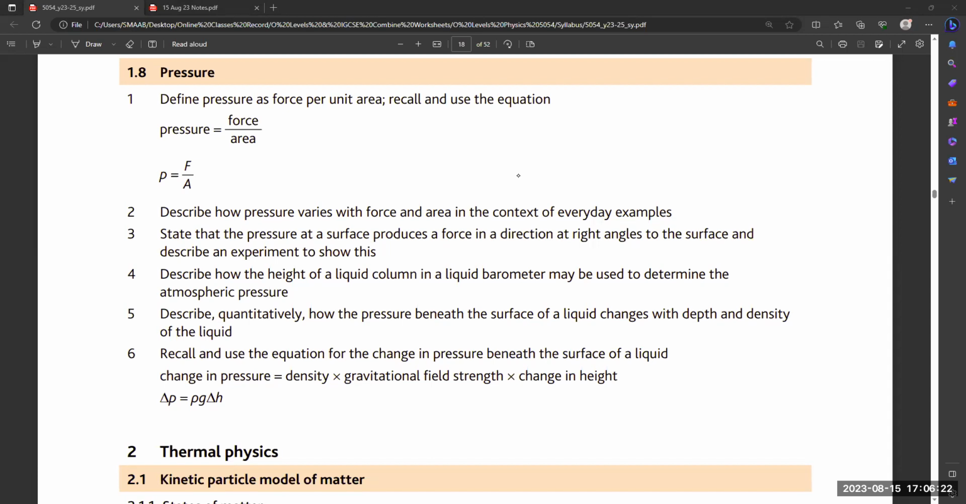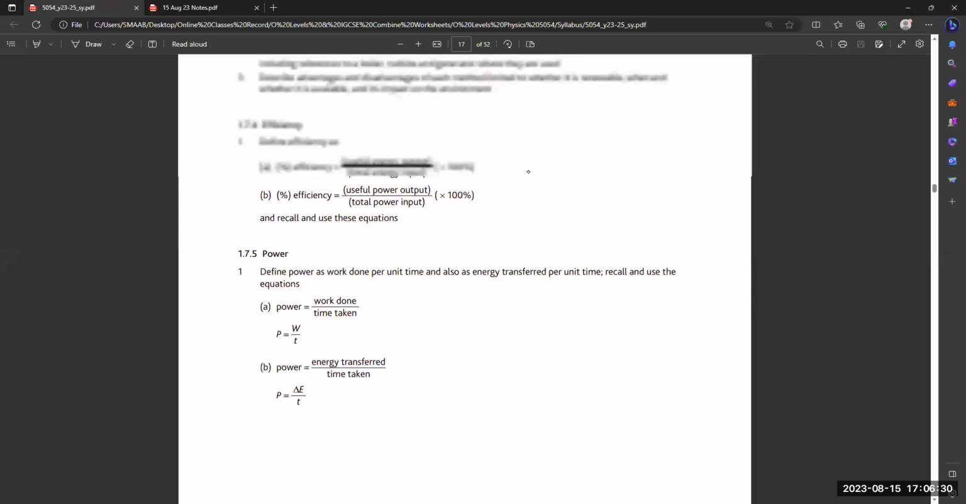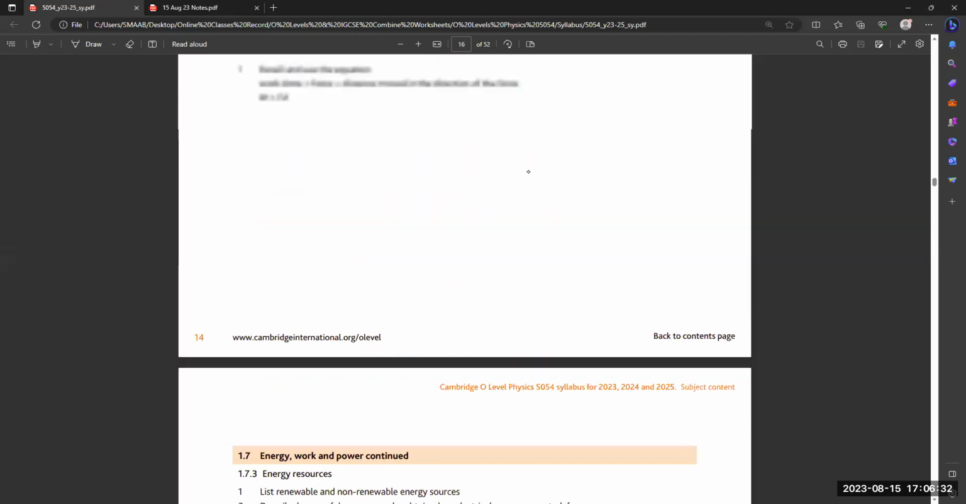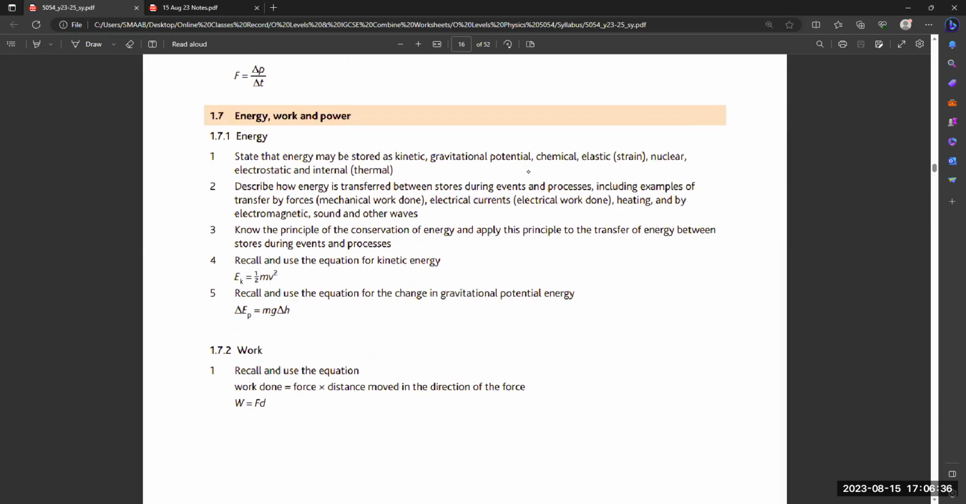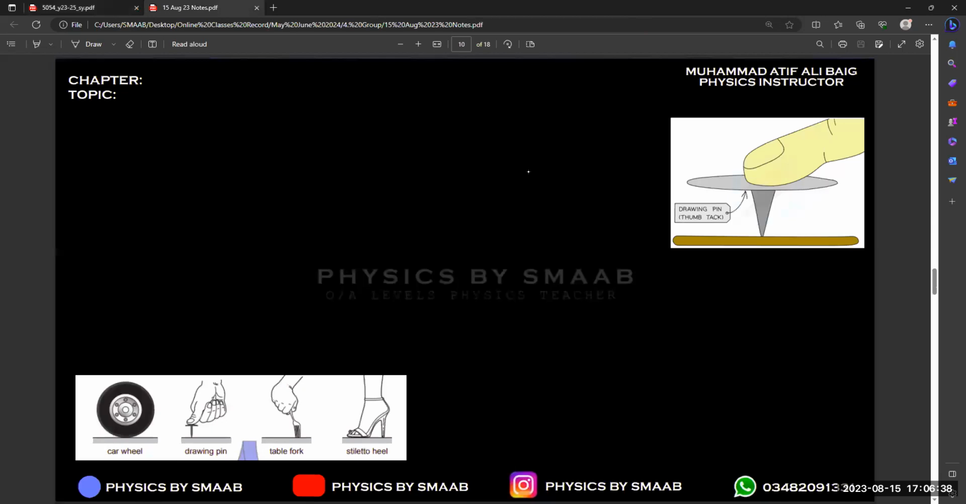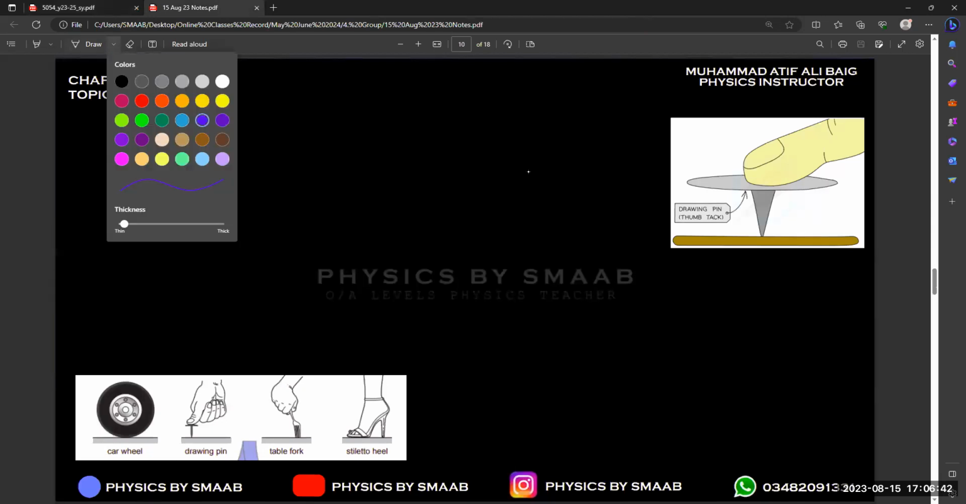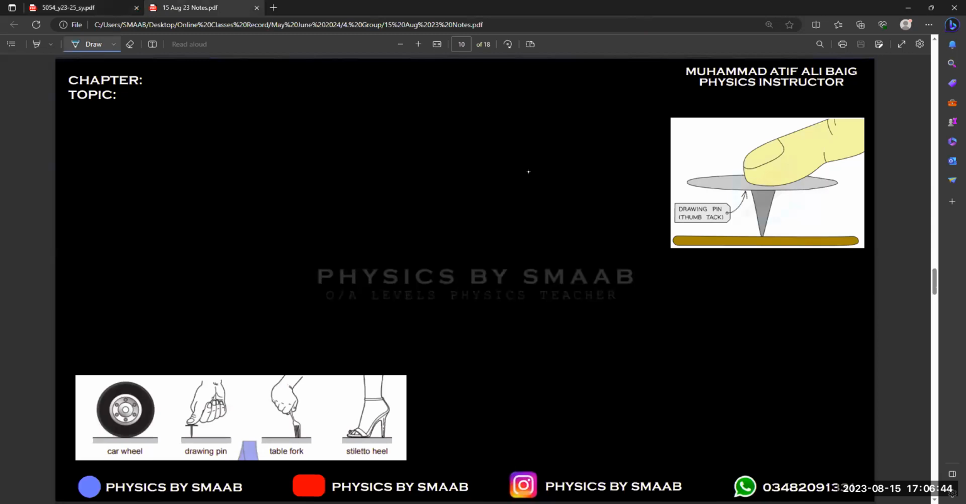In your new pattern, these are your latest topics, right? So that's why I chose this topic first as compared to work, energy, power, because work, energy, power is a little bit lengthy as compared to this one, because that is more theoretical, right? So we are talking about the forces, so that's why we start with pressure first. So today we are going to talk about the pressure concept,